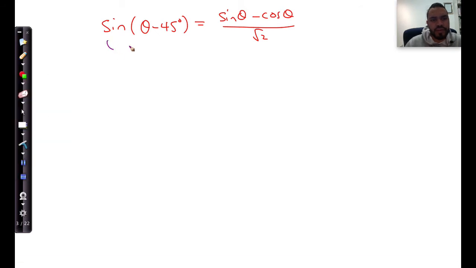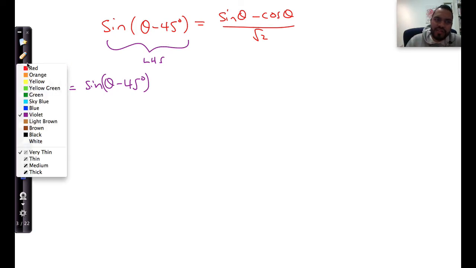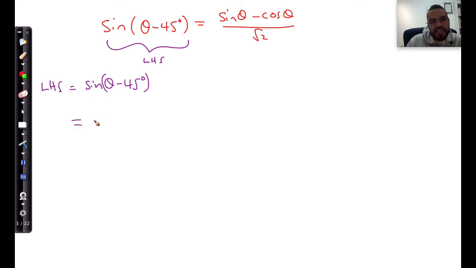I'm going to start with this side over here, which is the left-hand side. Okay, and I'm going to note that the left-hand side is equal to sine of theta minus 45 degrees. The moment you see 45, it's an angle that's supposed to make life a little bit easier because it's special, and you should know the identities for it already. That is equal to sine, cos,